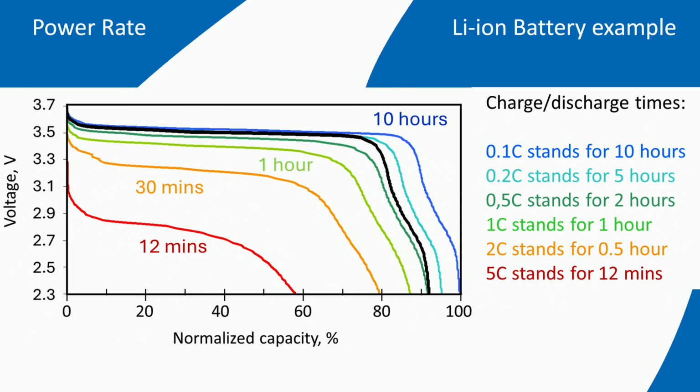for 12 minutes. The drop in the voltage, because of the higher power the battery delivers, has to do with the internal resistance of the battery and is related to the kinetics of the reactions that occur in the battery. This is what we would like to figure out. Why does the energy density, the capacity, drop once we ask for more power?